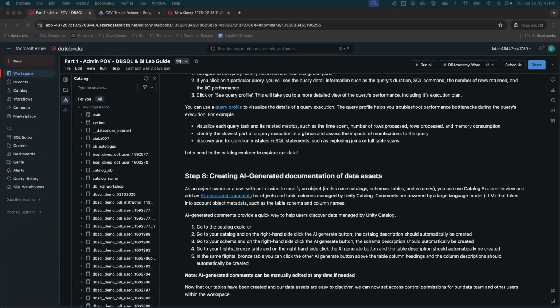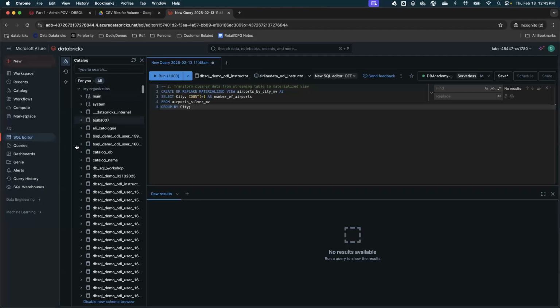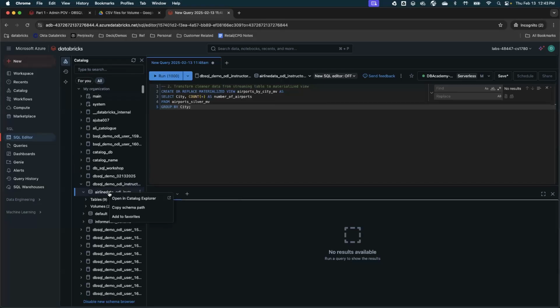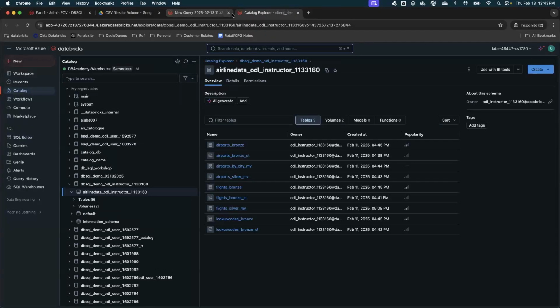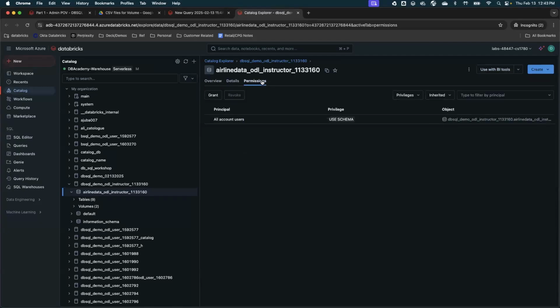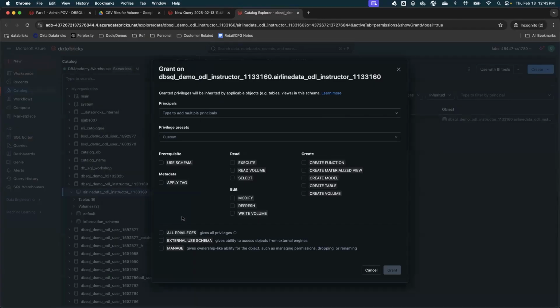Okay, so if you're trying to create primary key and foreign key on my account, you probably won't have permission. But if you are not able to create schema and want to move ahead, let me give permission on my catalog, on my schema, so people can actually go ahead and use it. So let me grant permission for all the people to use schema.